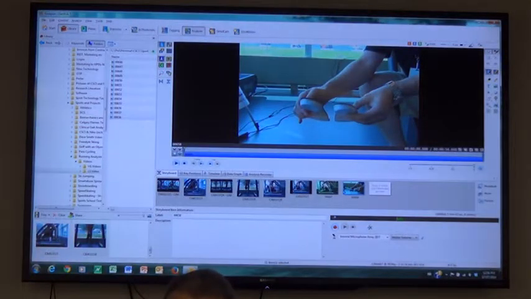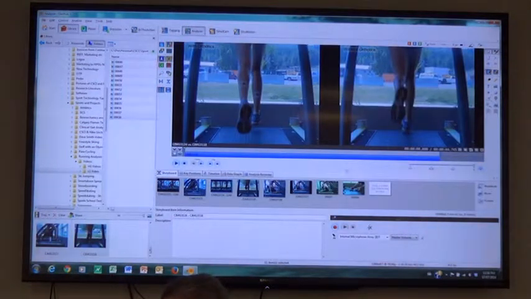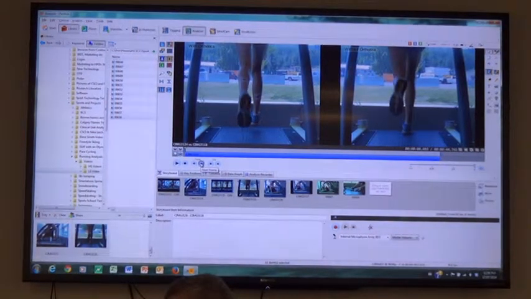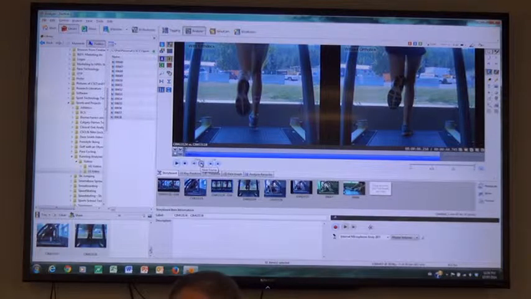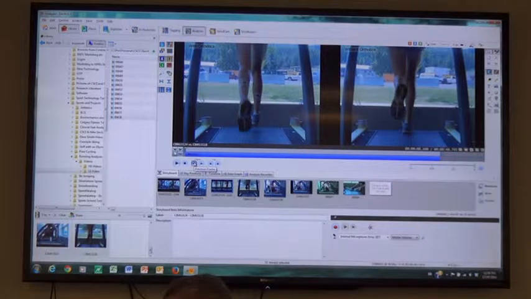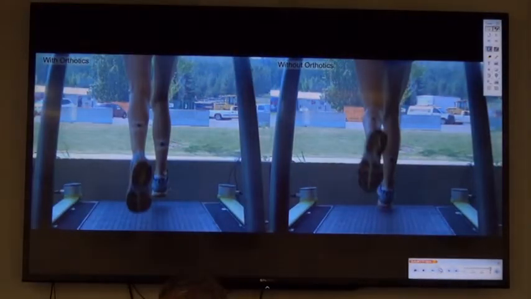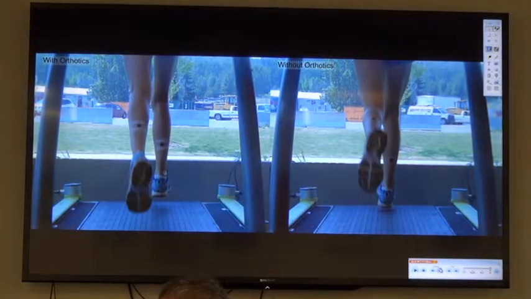So now we want to take a look at that back video to see if there's any differences in pronation. And what I would do simply is maximal pronation. So let's take a look at the without orthotics condition first of all. So what happens if you're watching, just make it big screen. If you're watching the right video, the without orthotics condition,